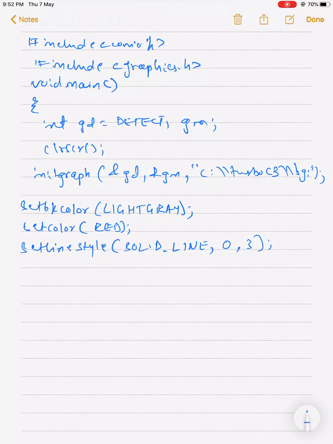Because in graphics there is nothing but just syntax. Clear? In graphics there is nothing but syntax. It is completely dependent upon the syntax. If you know the syntax properly, you just need to design. You just need to add what kind of shapes you want, what kind of hatching you want, what kind of fill you want. So I don't think that some extra things are required while going through this kind of lecture. You just need a syntax. Otherwise you can directly do it yourself, no problem at all. It is a very easy topic.